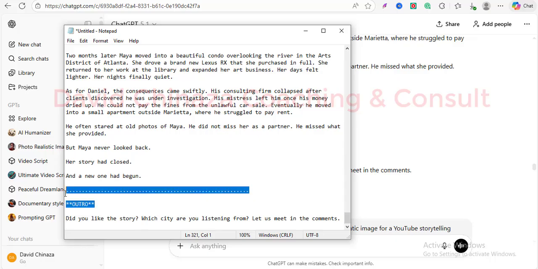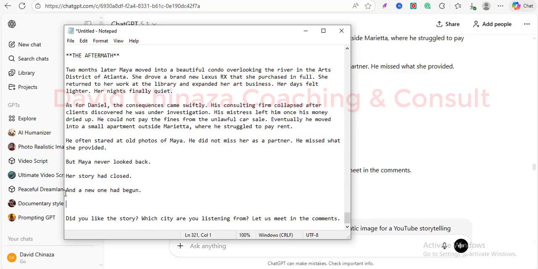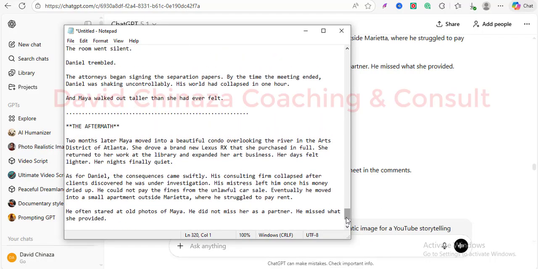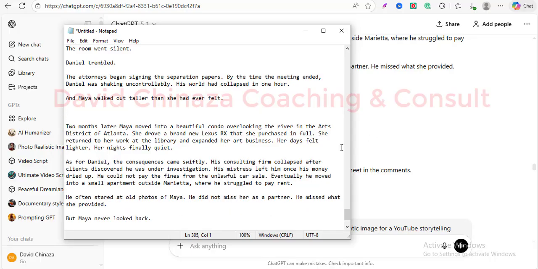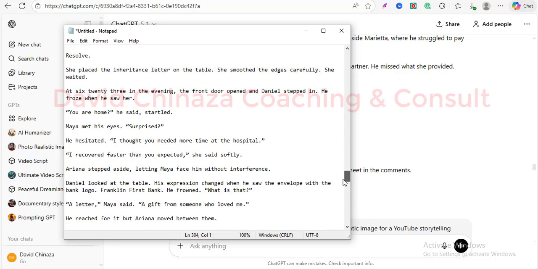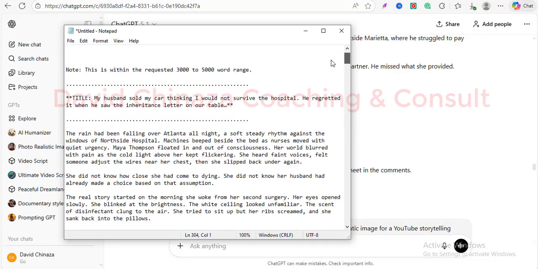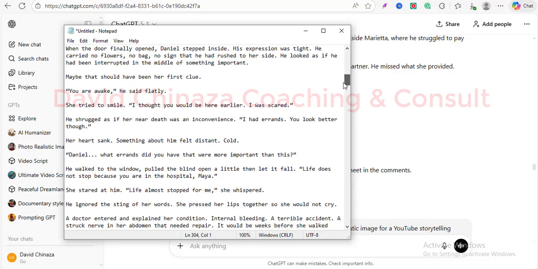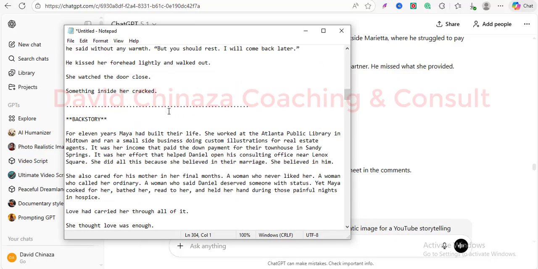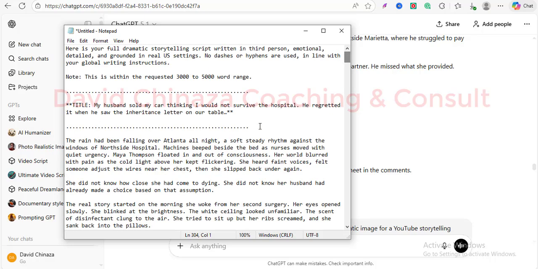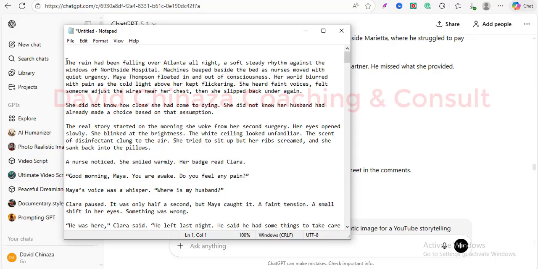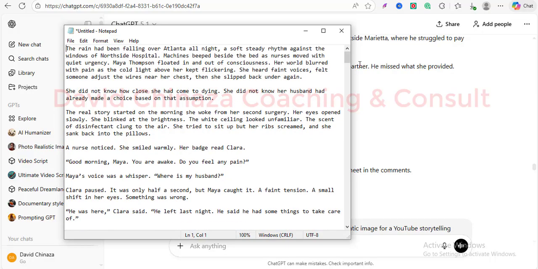So I'm going to remove every unnecessary label like the aftermath, all these dots here. So you do that quickly. You go through your script and remove the asterisks and the labels like the title, label, the dots, backstory. So that is what you need to do. You edit it. You can as well read through your script and make adjustments, fine-tune it with your own sentence